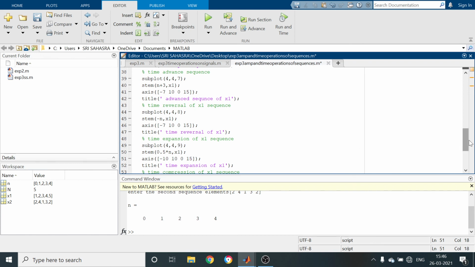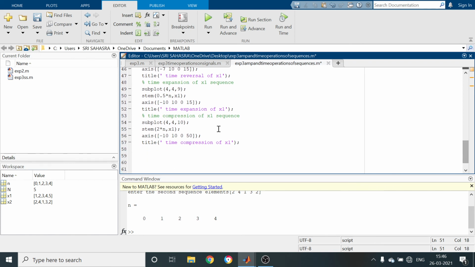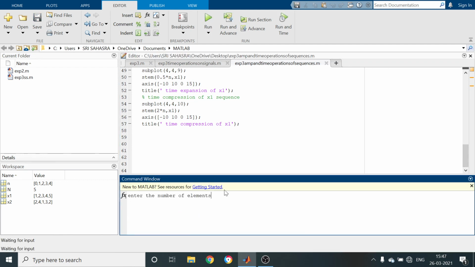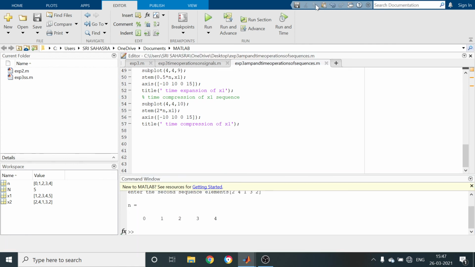Because when you choose the y-axis from 0 to 50, the amplitudes are not visible. We take up to 10 also, 15. Now run the program. Now we are going to get here time compression 0 to 10, here expansion.